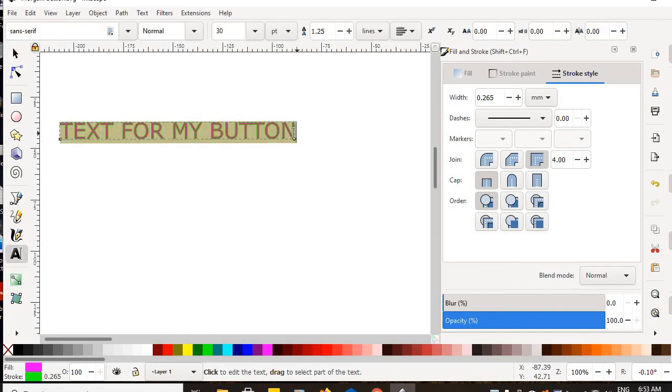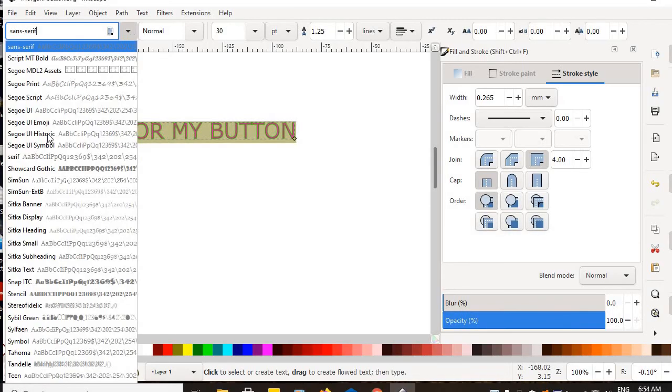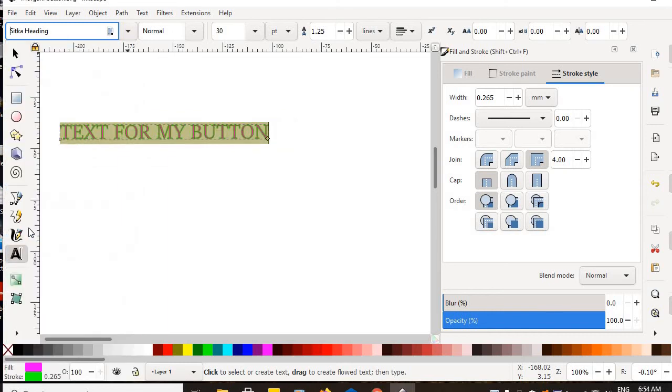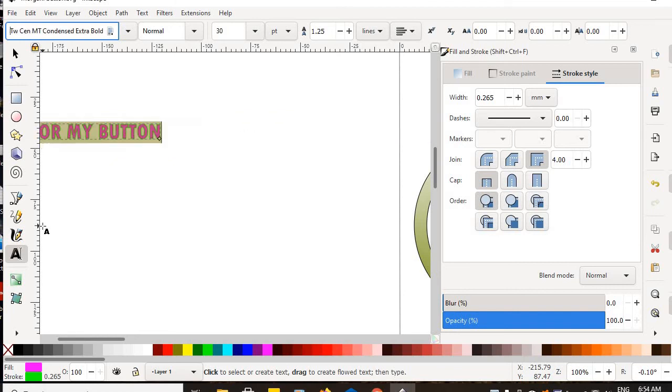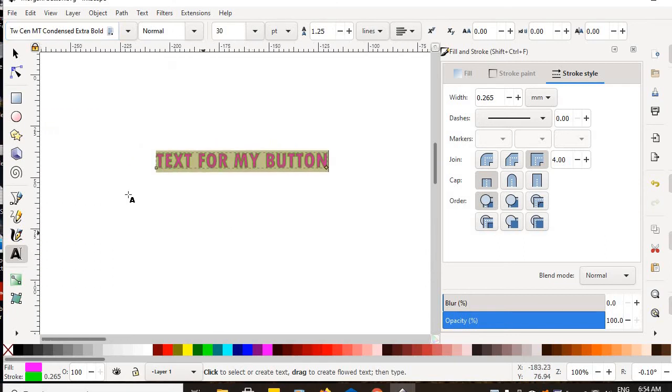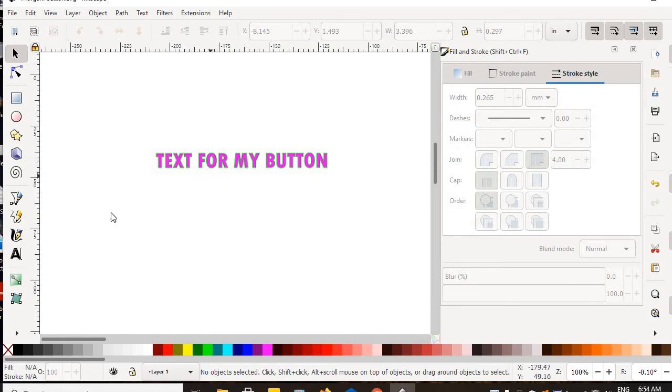Take the text and find a font that works best for you. A font that you think, text for my button, maybe that one, that you think goes with your design idea. Or at the very least, stands out and is really, really readable. So I'm going to go back to, only because I can see it so well, I'm going to go back to that one. So create your text, color it, put it in its permanent form,